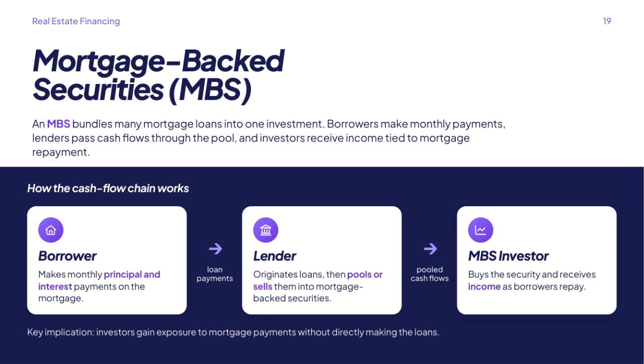the MBS. Investors buy these securities, which means they receive income derived from the mortgage repayments. This setup creates a cash flow chain where the borrower's payments are passed through to the investors. One key point here is that investors gain exposure to real estate financing through mortgage payments, but they don't directly make the loans themselves. This structure helps channel funds from investors into the housing market efficiently while providing income opportunities